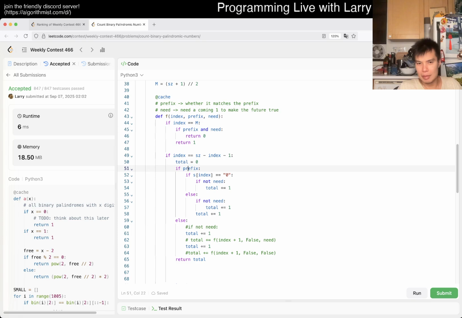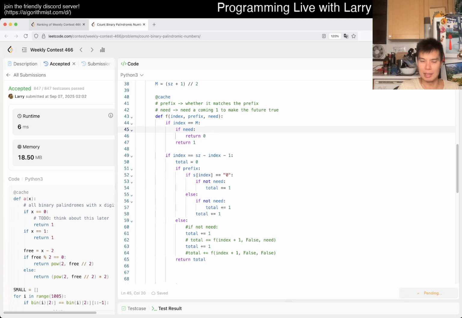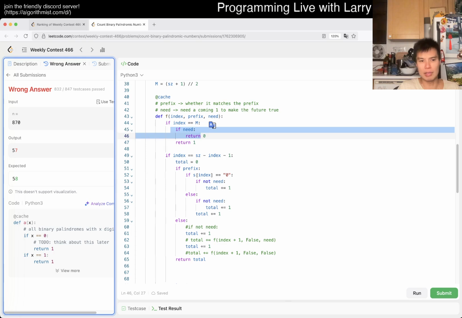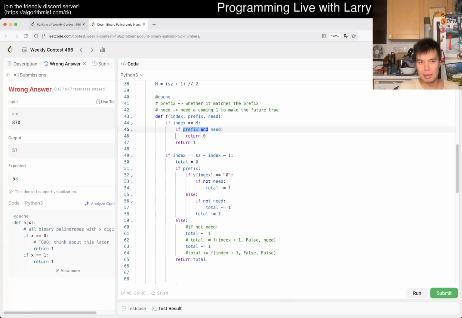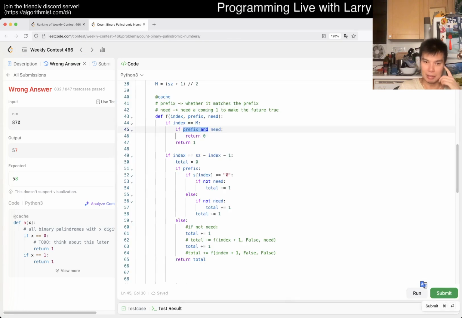Does this matter? Because for whatever symmetry reasons, I feel like this doesn't make sense, right? I guess if this passed, then maybe it makes sense. I just kind of thought I needed it. Okay, no, this doesn't make sense then. I don't know why. It also might just be wrong and pass all the test cases, but